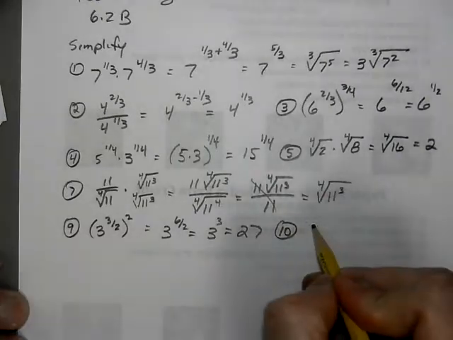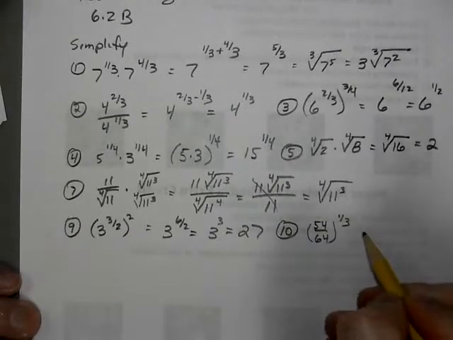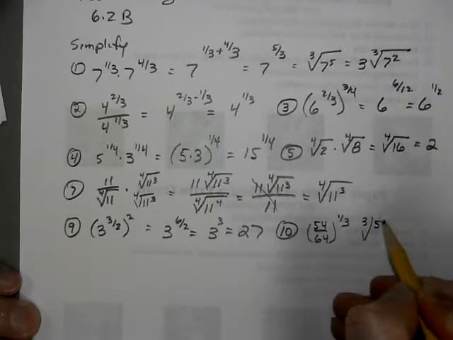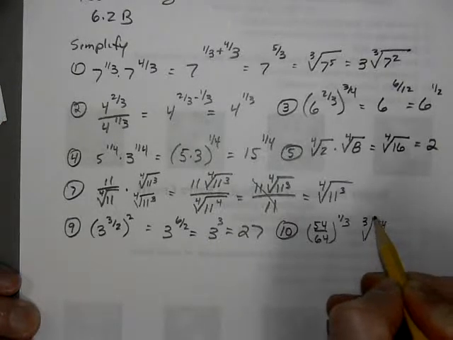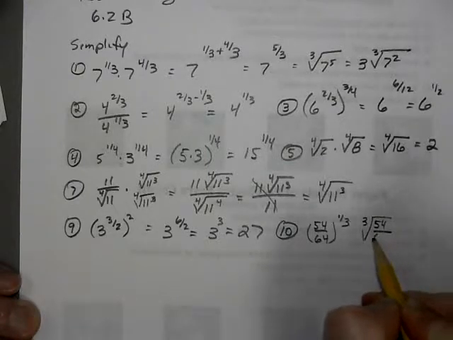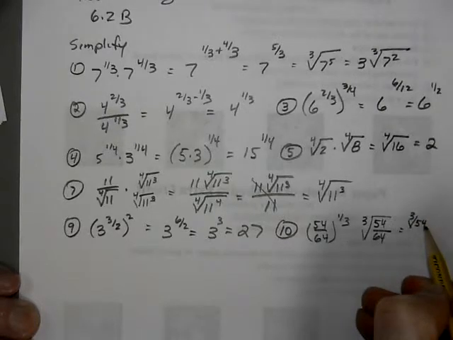Number 10, 54 over 64, the cubed root of that. Well, I can't really reduce 54 and 64. Maybe I could take a factor of 2 out of there or something. But if I leave it as the cubed root of 54 over 64, and I split those up into 2 different pieces,